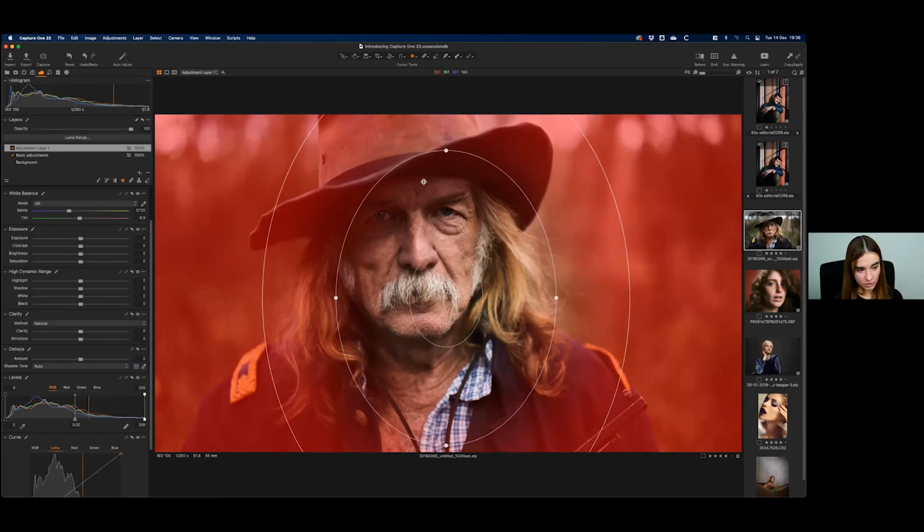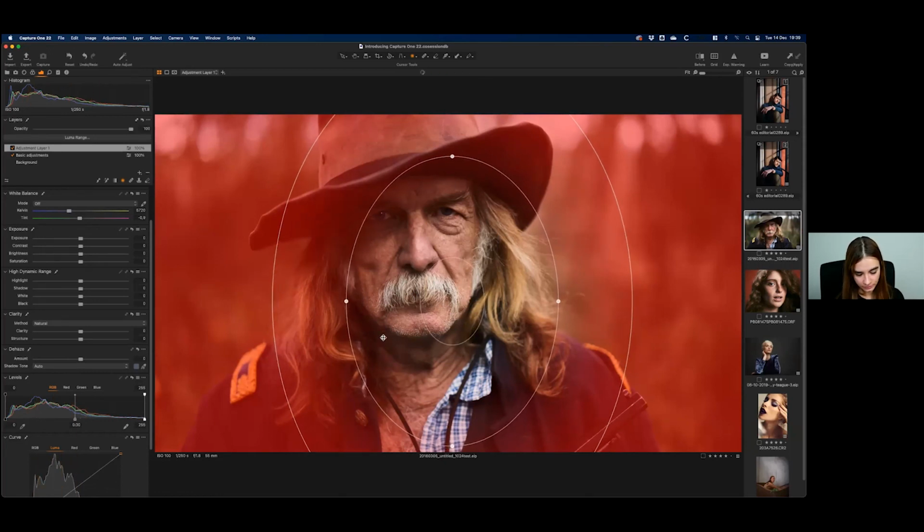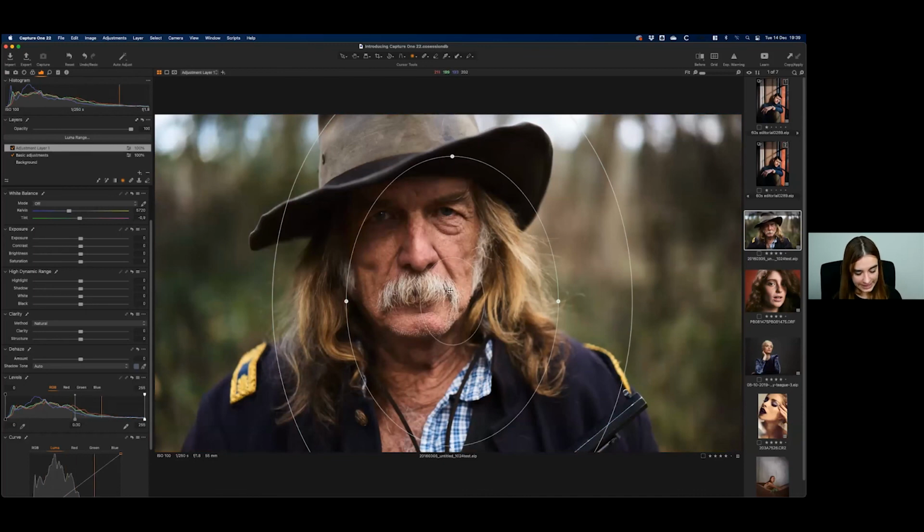Something like there. And I'm not going to center it on the face, I'm just going to center it on the part of the image where the light is hitting the face. So something like there. And this part, I'm just going to try to keep more into the shadows. So something like there. Now that I have my vignette, like my radial mask, I can choose whatever tool I